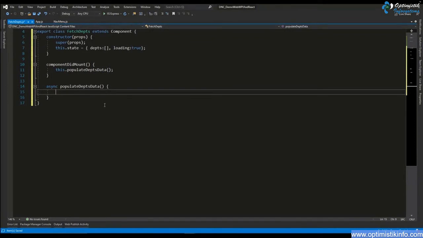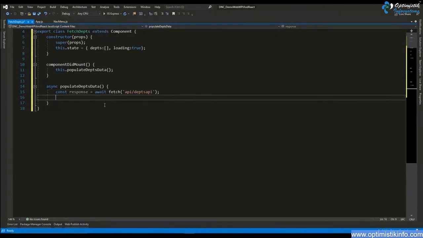Okay, so what I have here is a constant defined by the name response that is equal to the call made by the fetch command, which is a typical JavaScript command that communicates with the web API behind the scenes. So I need to give the URI over here. So my URI is api/departments API, and this needs to be asynchronously called. So I go for await fetch,